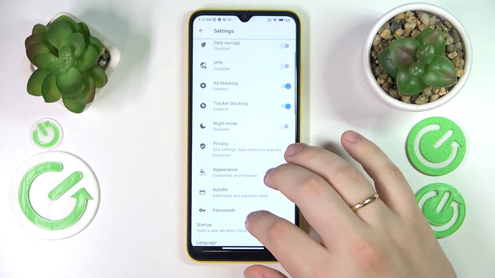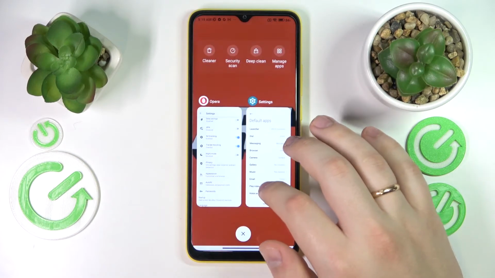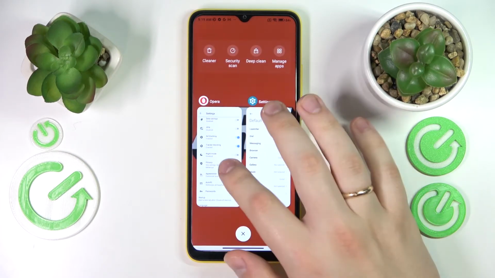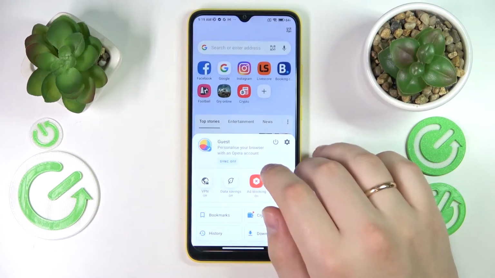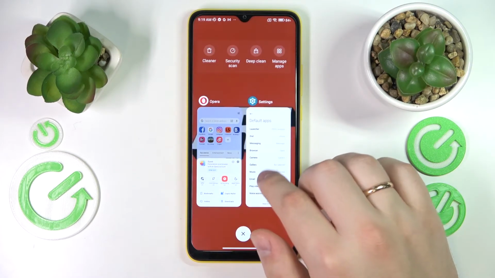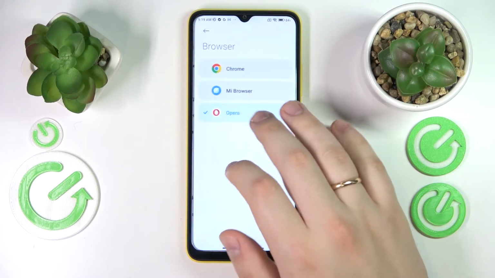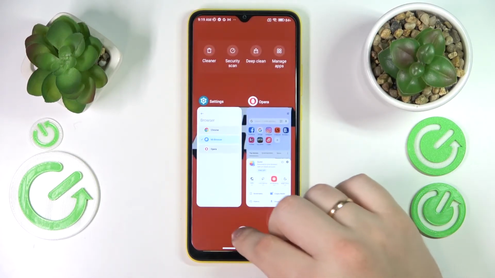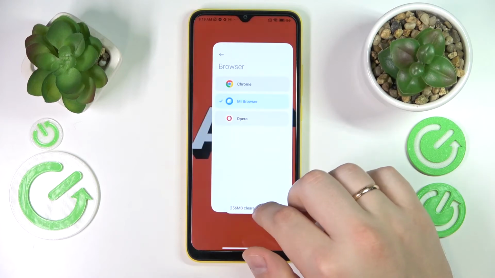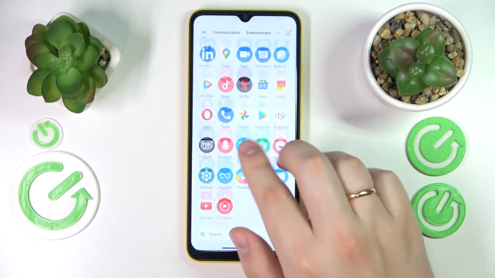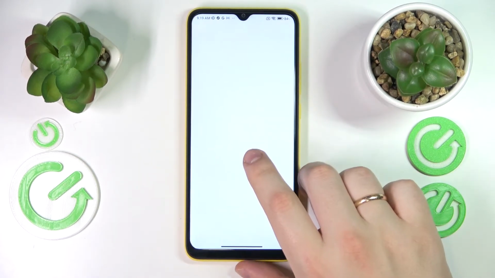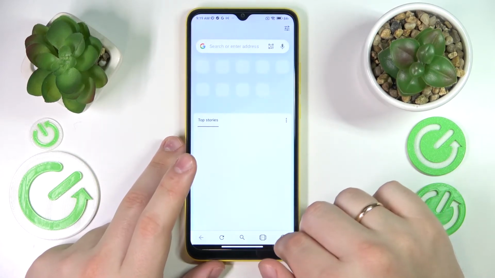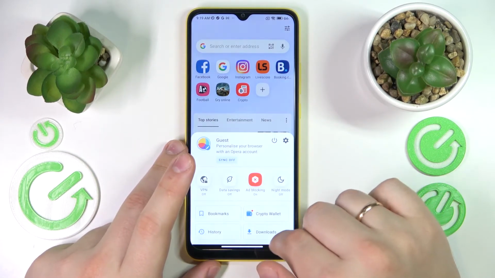Of course it is not present over here since I've already set it as my default browser, so let me just set some other one real quick. So I'll go for Mi browser, for example. I will quickly relaunch the Opera, get myself back into the settings,